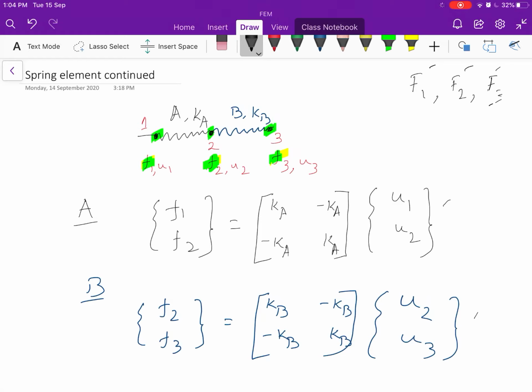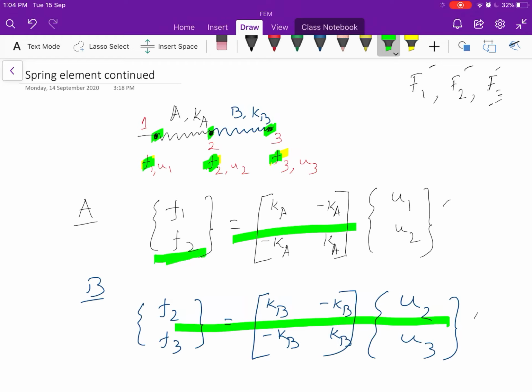But for that, what we need to do first is find out the global stiffness matrix, because from both this equation and this equation, one thing can be noticed here: on the left hand side it is only the forces, and on the right hand side it is first the stiffness matrix, then it is multiplied by the displacement matrix. So this procedure would be followed when we would be writing the equation for the global condition as well.